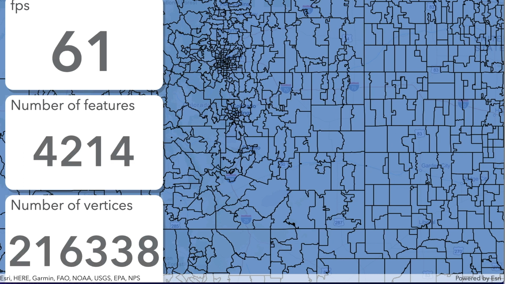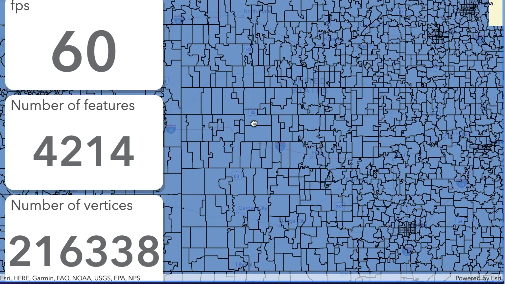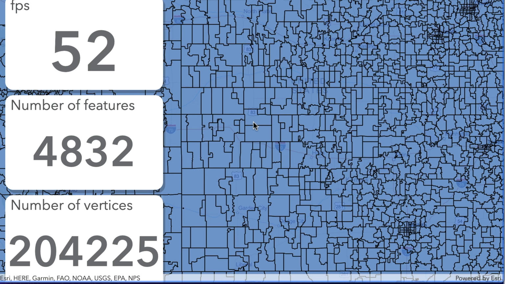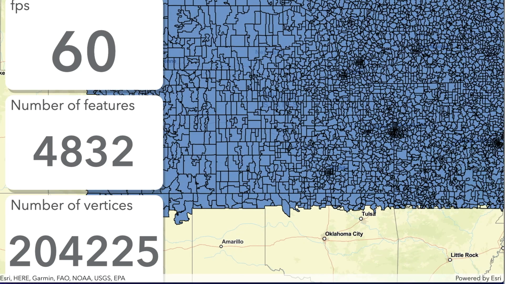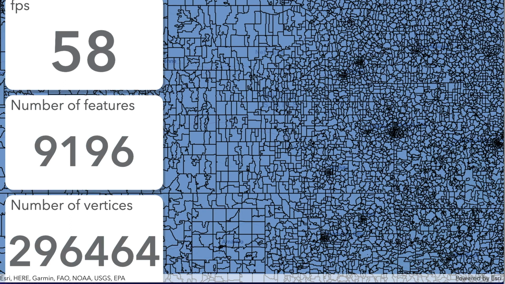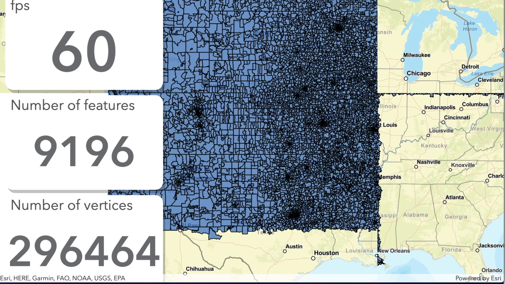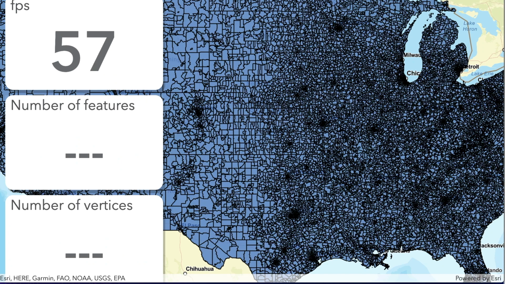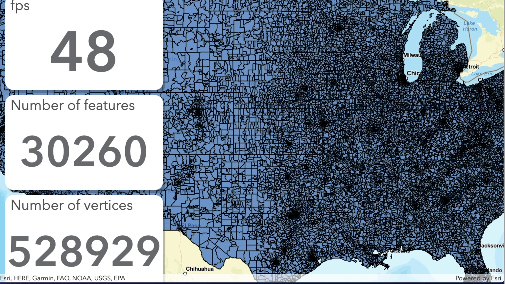So now with this data, the ArcGIS API for JavaScript has a tremendous number of improvements under the hood for the latest versions of the 4.x API in terms of rendering performance. But one of the things we like developers to keep in mind is that just because you have a certain number of features, what's really important is the number of vertices that are inside those features. So the density